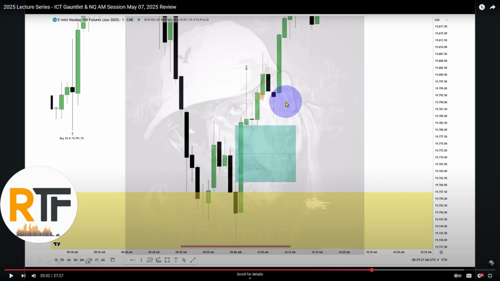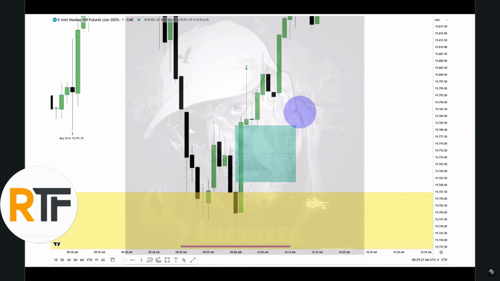I like this confirmation fair value gap. It just so happens to overlap with the Gauntlet fair value gap, but you also have this fair value gap. This is also a small little breaker that you could use to enter into. And then you can go long with this change in the state of delivery as well. And I'm sure he's going to talk about this wick, but you can see that there are so many things you can use, but just stick with one so you don't overload yourself with too much to think about. Keep it simple, stupid. So if you take those levels and project them forward, you can see those specific levels